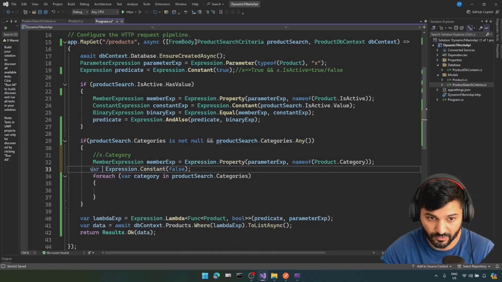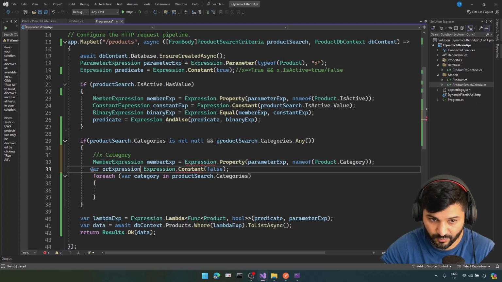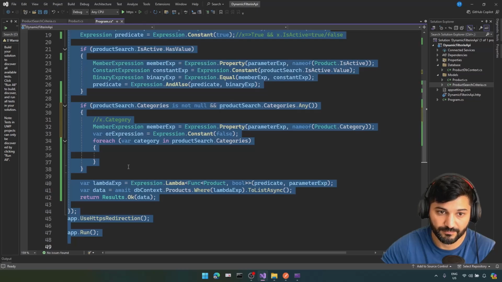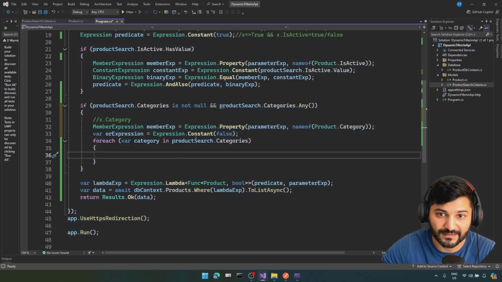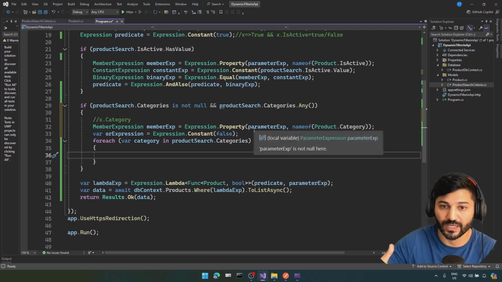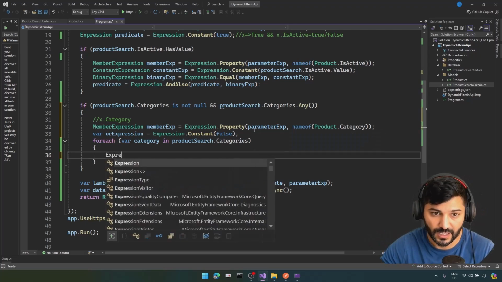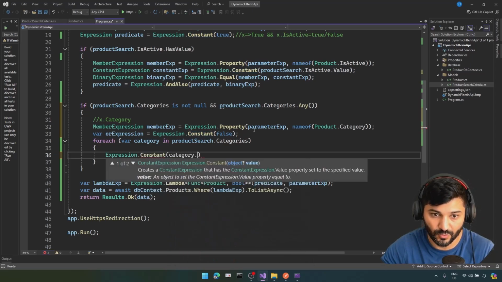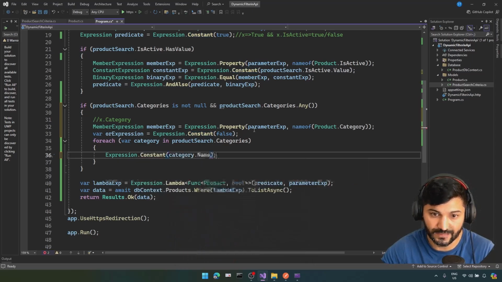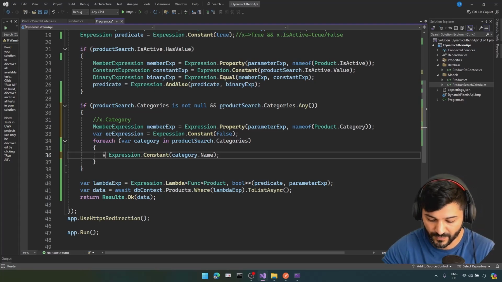So let me type it: var false or expression. Let's call it or expression. And for every element we need to create our constant value, expression that constant, and it is going to be my category's name. Var const